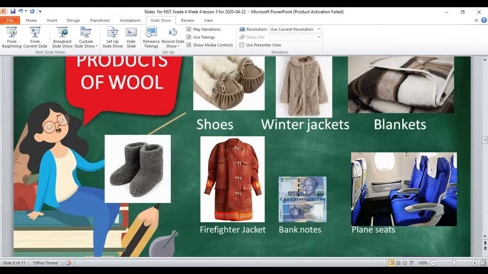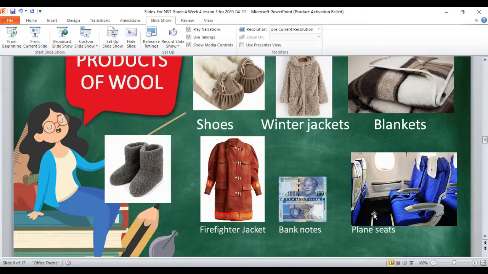Now you come to the bank notes. Bank notes are made from wool. Remember, I told you one of the materials used to make them is wool, which is contained in the paper used to make money. I mean, the banknote. Now you come to the plane